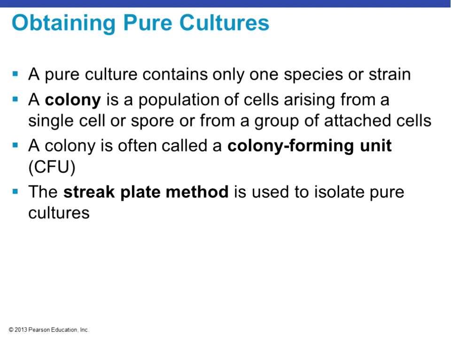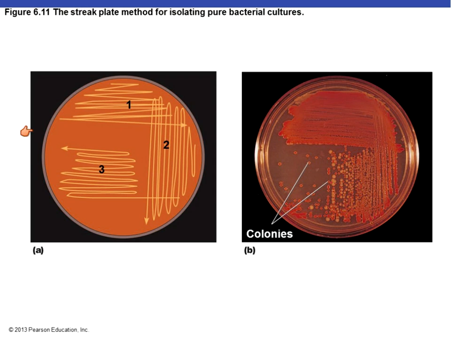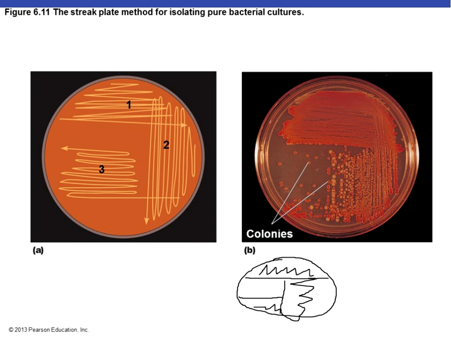Obtaining a pure culture using aseptic techniques. A colony is just a population of cells that come from a single cell or a group of attached cells, and we consider that a colony-forming unit. We use the streak plate method to isolate cultures and to get individual colonies to grow, and we've talked about that in previous labs. This is just one option of the streak plate method. What we do for our streak plate method is that we separate into quadrants, just because we're kind of newbies on here, but we streak, flame, streak, flame, streak, flame, streak, flame,